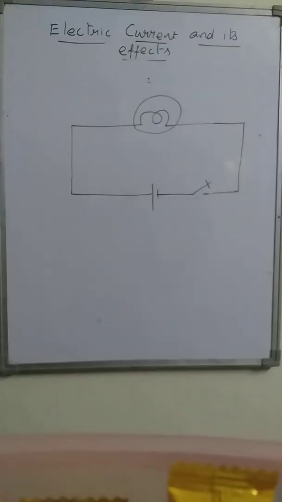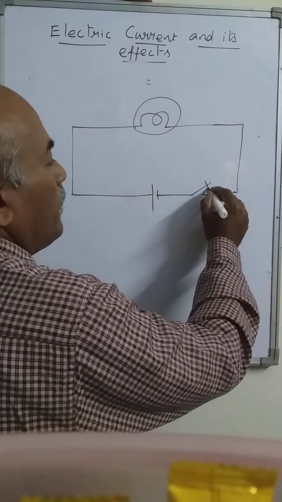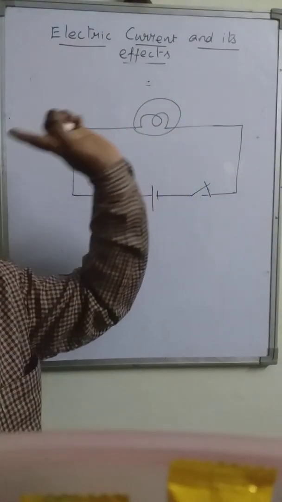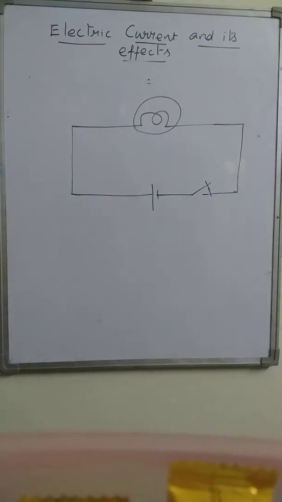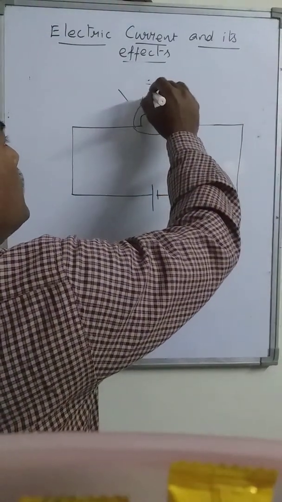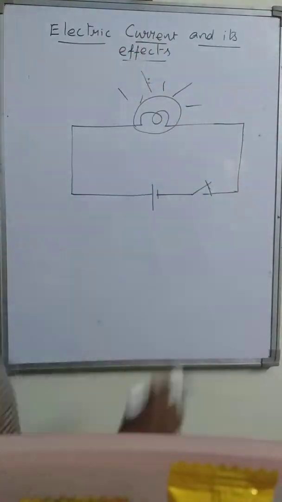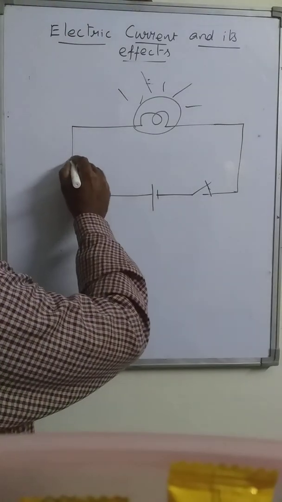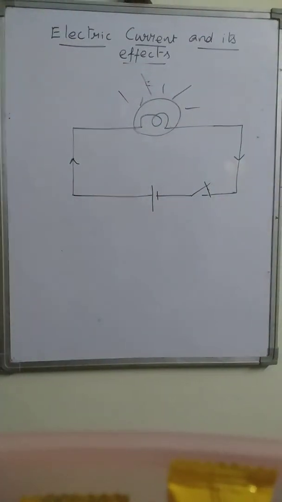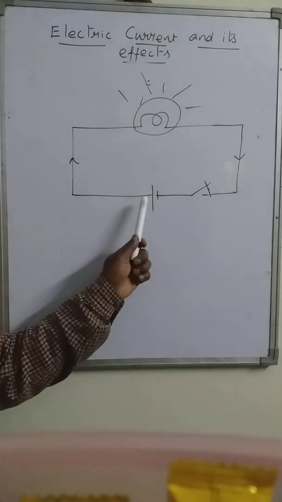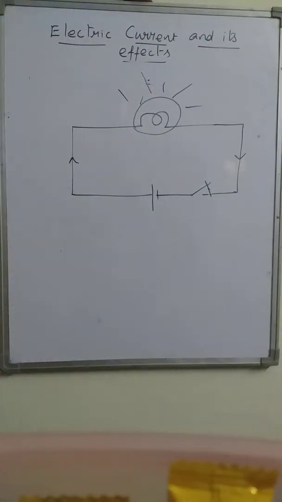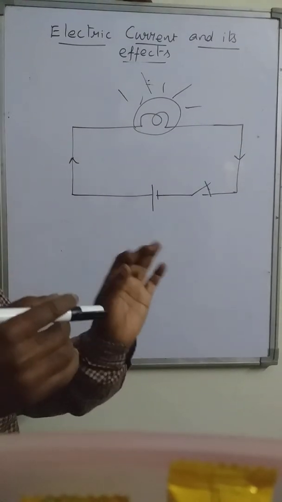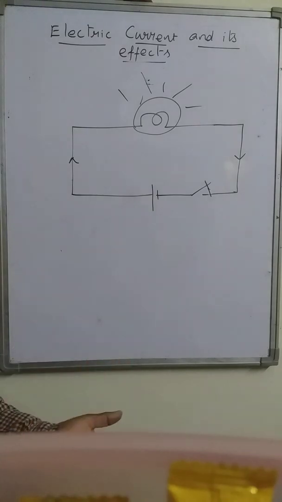If we close the switch, then what happens? The electric current flows through the circuit, flows through the path, and the bulb glows, right? Like this, the bulb glows. So here the current is flowing through this path. It can be shown like this. And this closed path, along which the electric current flows, can have many components, any number of components.